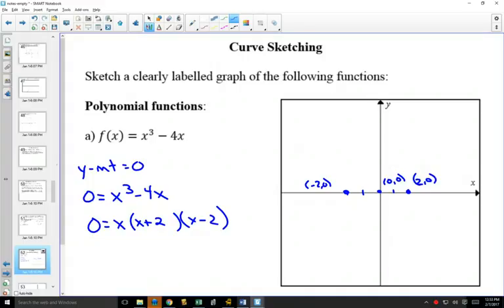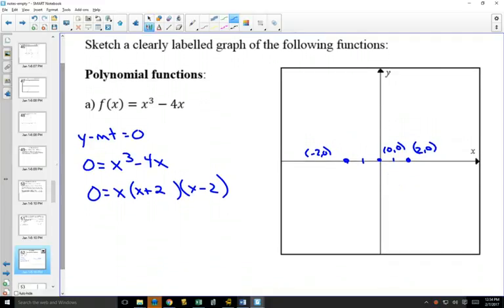Now in grade 12, when you graph this, this is how far you would have got. And you would have said, I know what an x cubed graph looks like, and you would have sketched it like this. The difference between grade 12 and now is now we're going to want to find out what those points are and graph them more accurately. How do we do that? We use calculus. So we start with our first derivative. If f of x is that, then f prime of x will be 3x squared minus 4. Setting that equal to 0